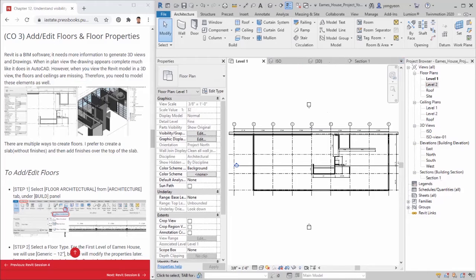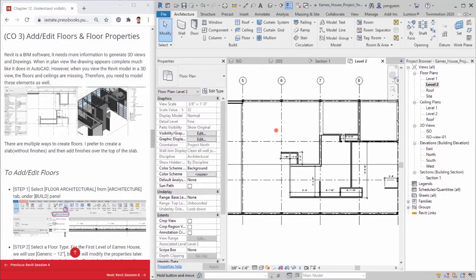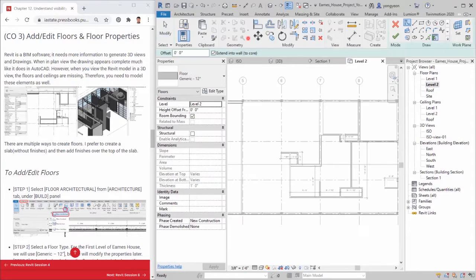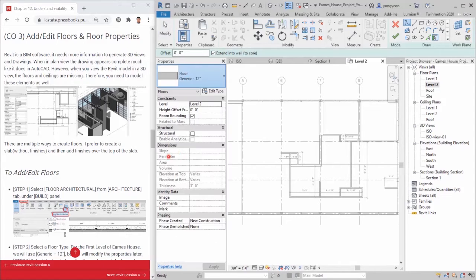Next, add a floor for the second level. Step 1. Open Level 2 floor plan. Step 2. Click Floor from Architecture tab, under Build panel. Step 3. Change the floor type to 3LW concrete 2 metal deck, and verify the level 2, and the